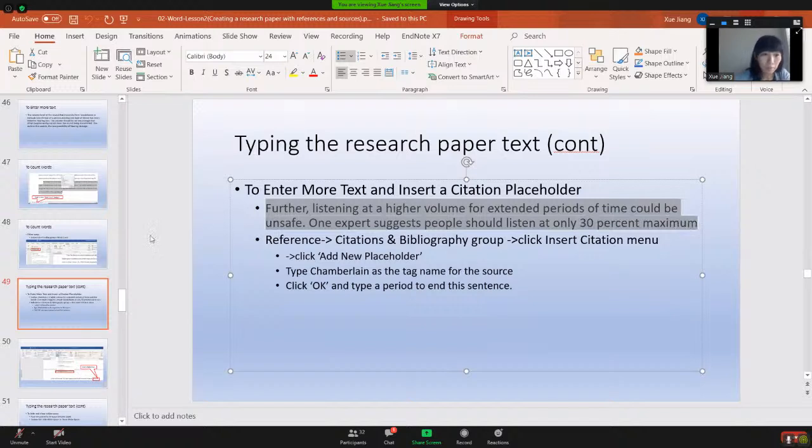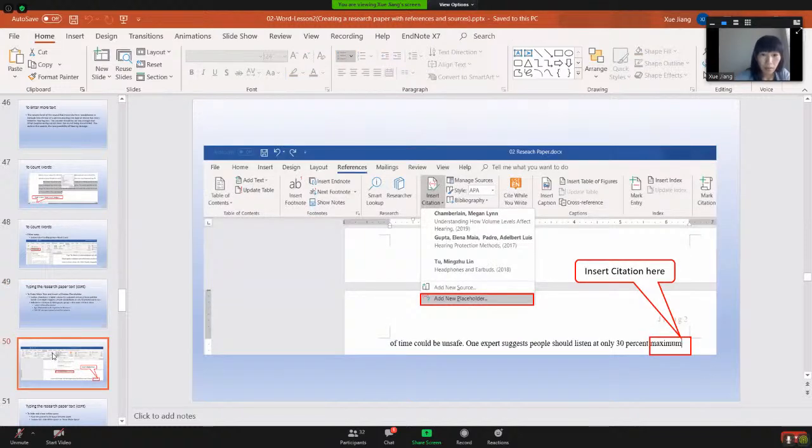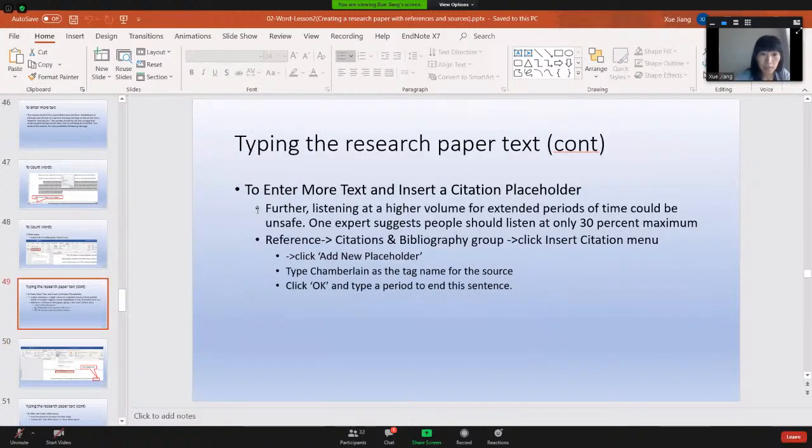You can copy it. And after you copy this sentence,